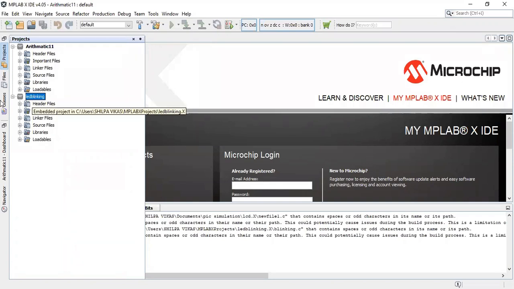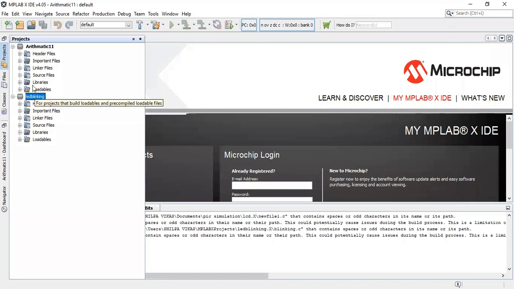Now second, if you don't close the project, then also there will be no harm. Okay, you can keep multiple projects available in the project window. It will not make any difference, and it will not interrupt our program. Okay, so you can keep it as it is, or you can close the previously opened file.